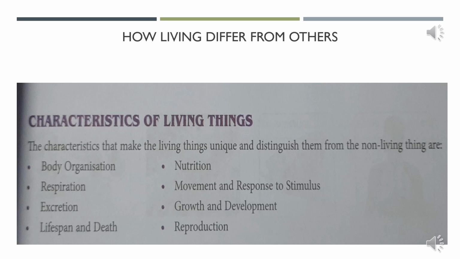So basically, if I have to tabulate the characteristics of living beings, what are they? Living things need food, air and water. Does your chair which is at home require any type of food, air or water? No, but you need. Living things can grow. The moment you were born, you were only 1 pound or 2 pound. Now your weight, your size, your body is increasing. Day by day, you are showing some growth.